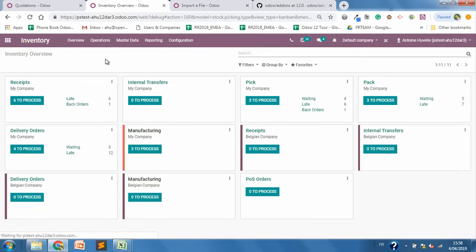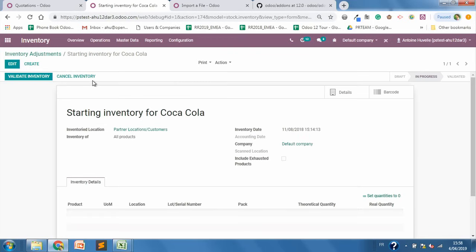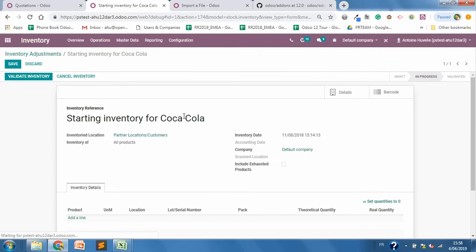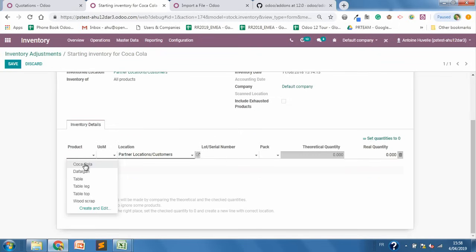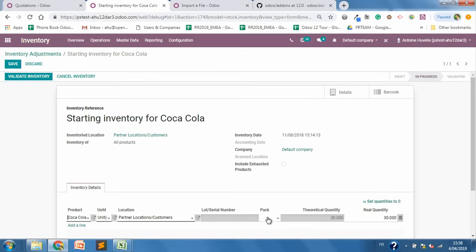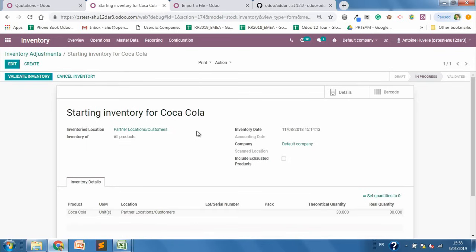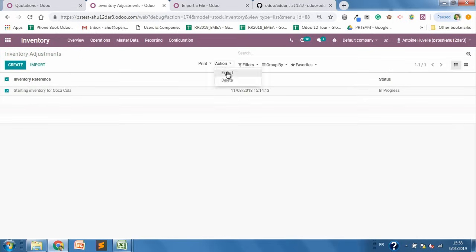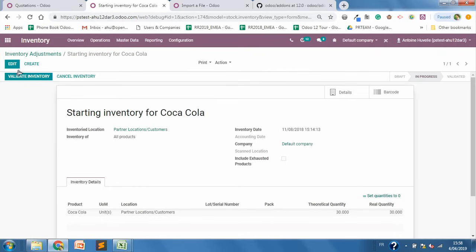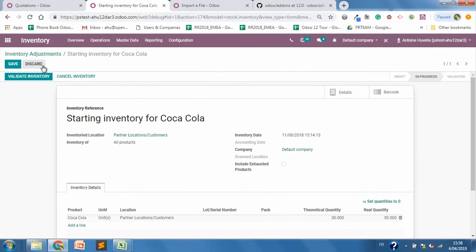If you go in the inventory, create inventory adjustment. That's good. I already have one here for my box of Coca-Cola on my test environment. What is really good is that, as I told you, when you want to create an import file and you're a starter, let's say it like that, you can always export first. So what I will do is create here an import of a product, and I will export that information. If I export that, I would like you to think about all the information you would like to re-import after. And based on that, I can already tell you, if I create another one, it will be more obvious,